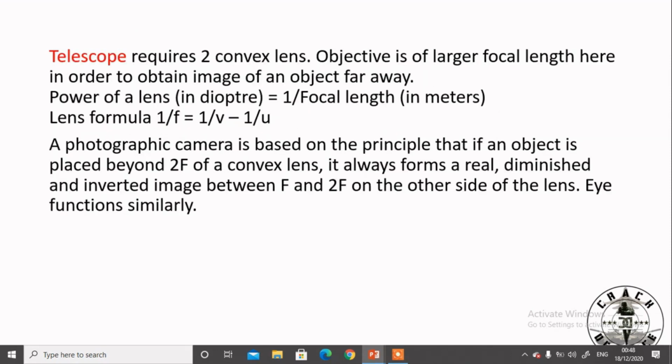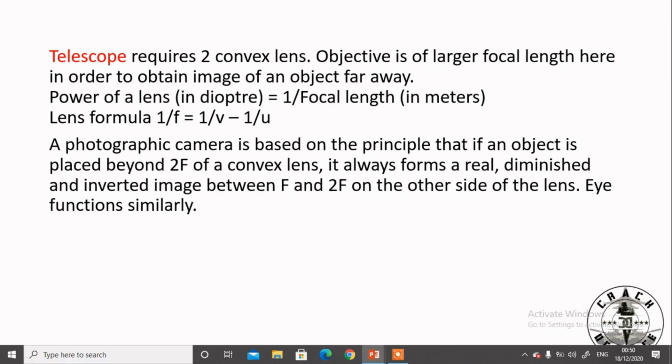Now let's discuss the telescope a little bit. A telescope requires two convex lenses. The objective is of larger focal length here in order to obtain an image of an object far away. The power of a lens in diopters is equal to 1 upon focal length in meters. Okay, now we get the lens formula, which is 1 by f equals 1 by v minus 1 by